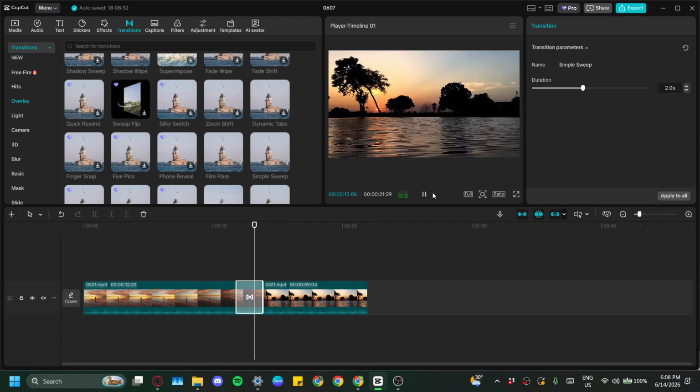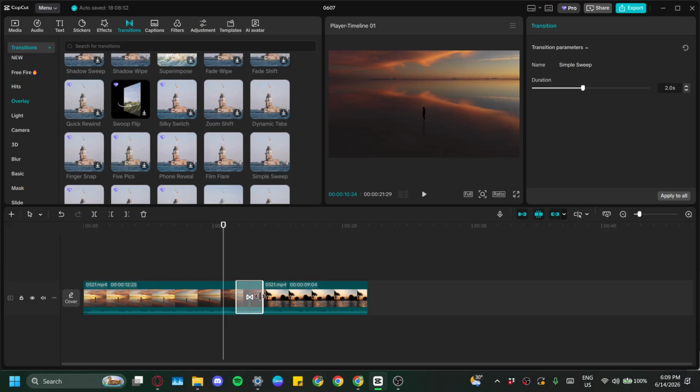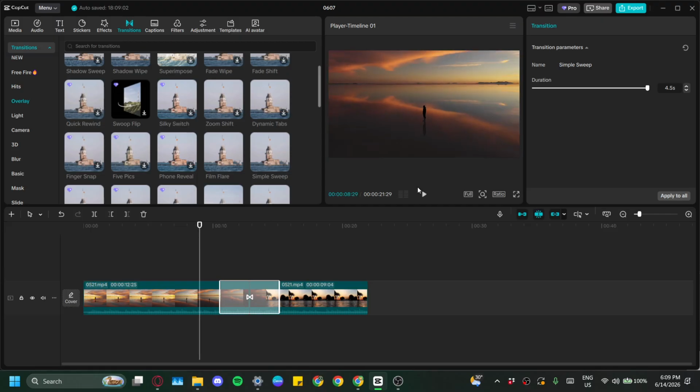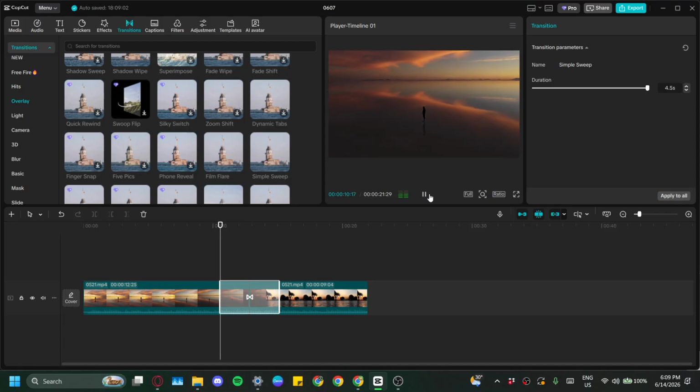Once you find the filter that fits your project, click the blue plus sign icon in the bottom corner of that thumbnail. CapCut will immediately place that filter onto your timeline as a purple asset block positioned above your main video track. That placement is important because it shows the filter is being layered over your footage rather than replacing